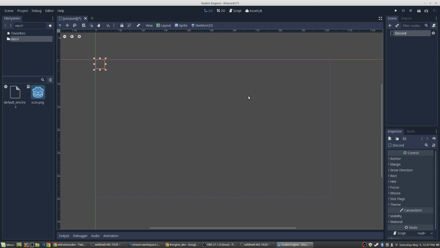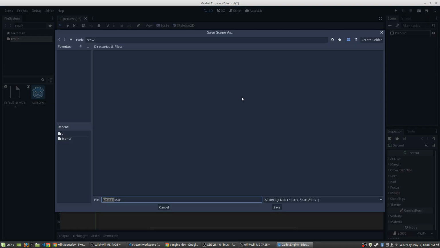None of this is set up. I don't really know what I'm doing. I mean, I've worked with some control and container stuff before, creating the inheritance doc plugin, but I'm just kind of winging it, and we're gonna see where this takes us. So let's create Discord scene, save,